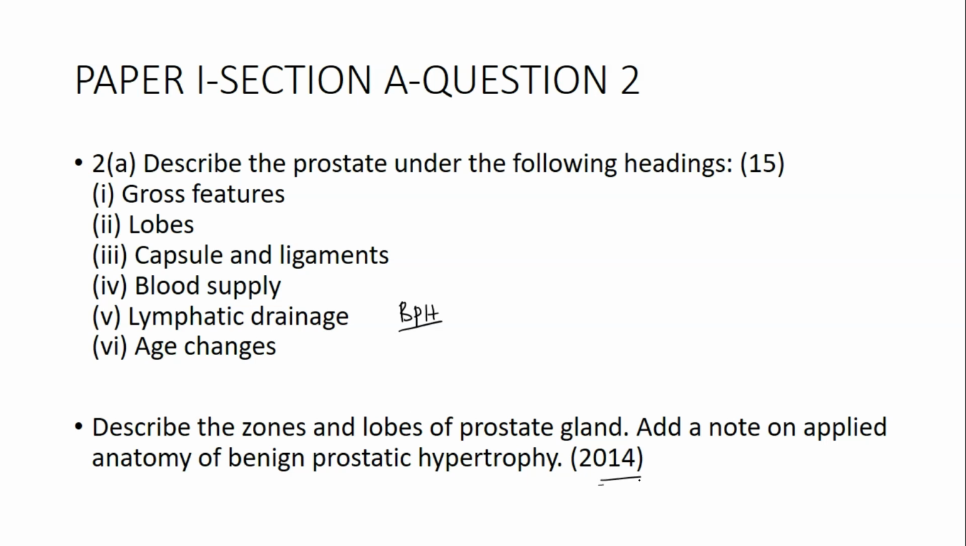And in 2014, they asked about zones and lobes. Here there's a confusion whether to write zones or whether to write lobes. Lobes is the past. Currently we are following the McNeal zonal classification. If you don't remember lobes also, you can write zones here. Okay, McNeal zonal classification. And they're clearly asking you what is the applied anatomy of BPH. So it's a repeat from 2014. Now,